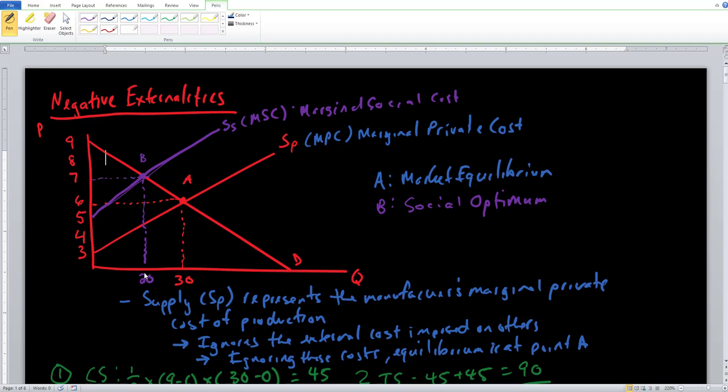So this tells us that whenever negative externalities are present, an unregulated market is always going to be operating at point A, but that's not going to be the best thing for the economy, because it's going to be producing too much of the good at too low of a price. So compare point A and point B right here. At point A, the price is very low and there's a lot of quantity, so the market says that, hey, we really don't care about you people at all. However, in order to make firms accountable, we should be operating at point B at a higher price and lower quantity in order to ensure that the total amount of welfare and efficiency is going to be maximized.